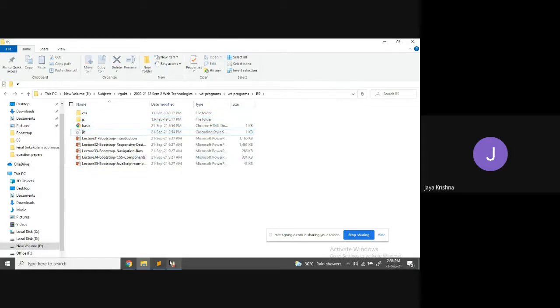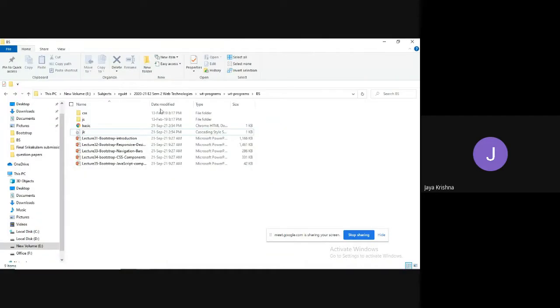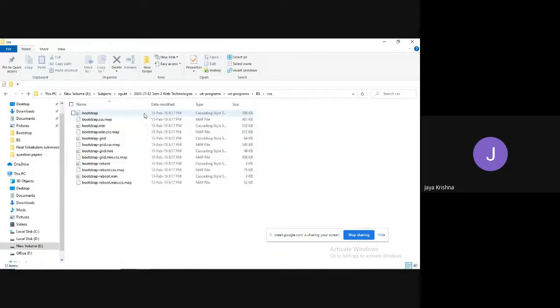Now, my requirement is, instead of referring to jk.css, if you would like to work with Bootstrap, I need to attach my file to this CSS file. Among these CSS files, for which file do I need to link?